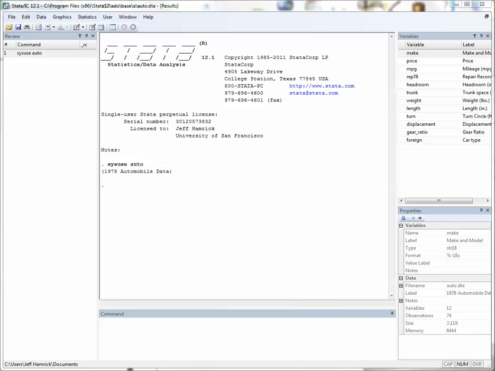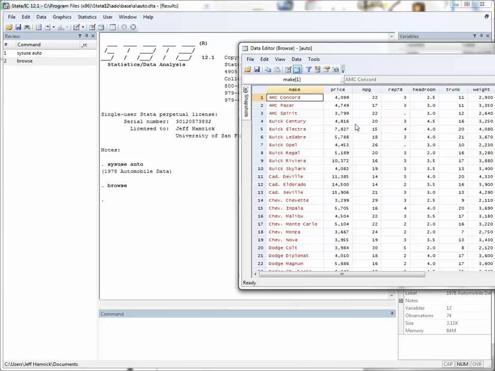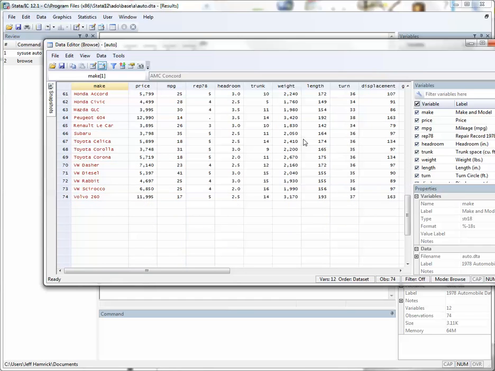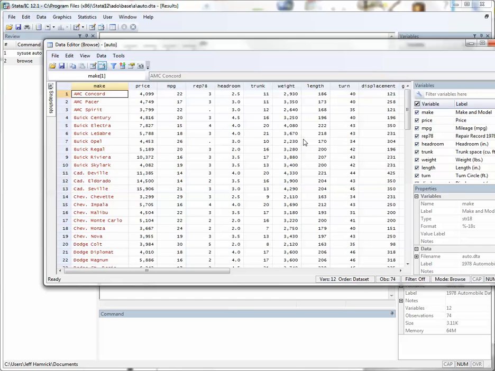I'm going to talk for a couple of minutes about summarizing data sets in Stata. So I've used the sysuse command here to call forth the named data set that's installed with Stata. That data set is called auto. It has information about a number of automobiles, including their price and their gas efficiency. This is in the year approximately 1978, so it's a little bit dated, but we can still use this data set as a pretty good example of what's involved with obtaining summary statistics for variables in particular data sets that